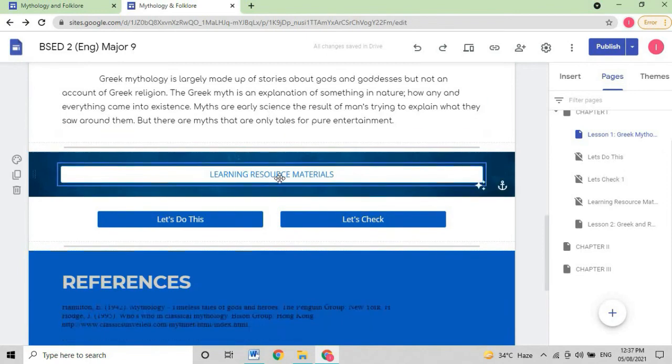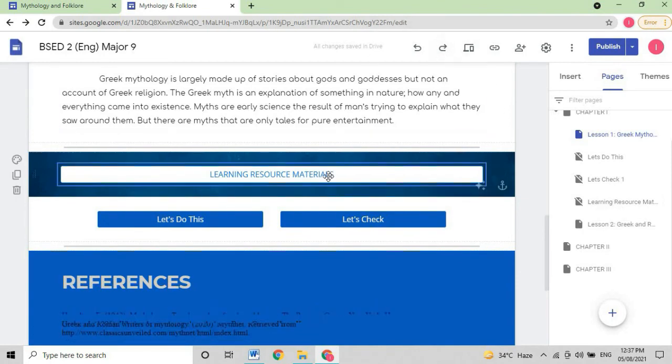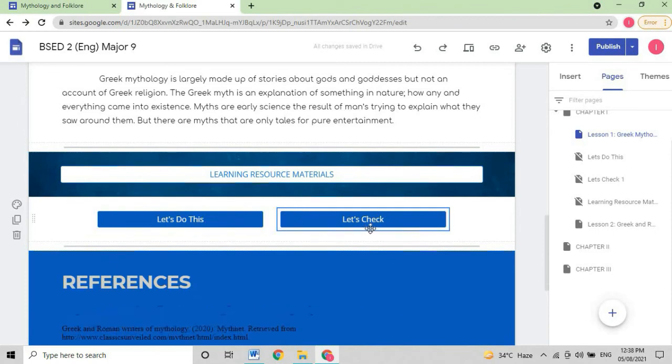So for instance, if we click this learning resource material, it will be linked on this sub page, but this sub page cannot be easily opened by somebody if they do not click this button right here. Also this, let's do this, and this, let's check. Okay, so